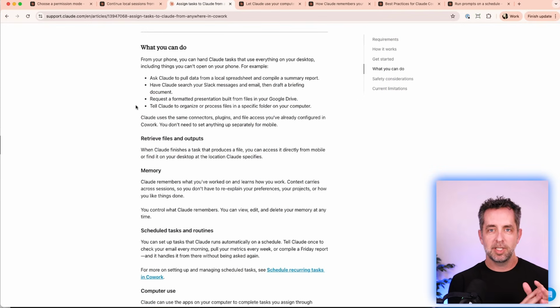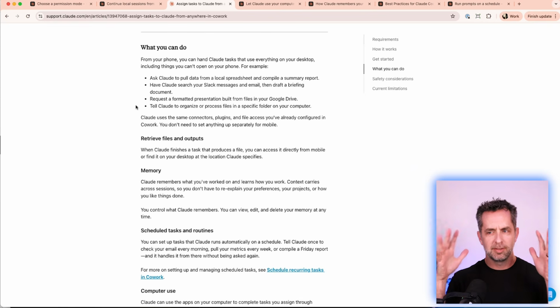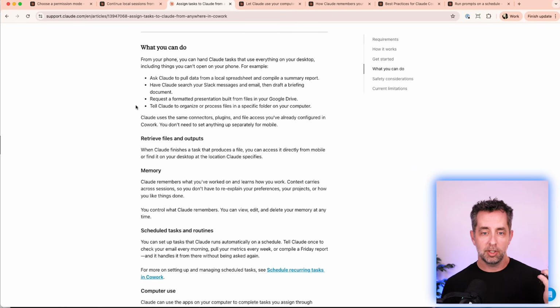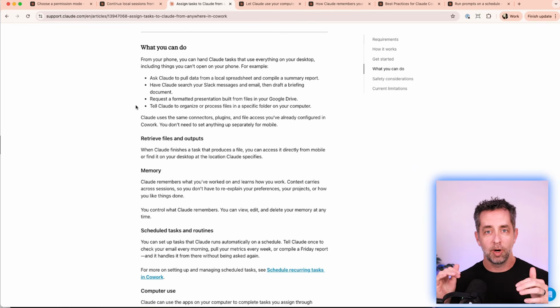And so what Dispatch really does at its essence is lets you dispatch tasks to Claude Co-work, the Claude desktop app, on your computer, but from your phone. So you have the Claude app on your phone, you pull up Co-work and you dispatch tasks and activities to Co-work to do on your main computer. So kind of the opposite direction of remote control, also not in Claude Code, but Claude Co-work,